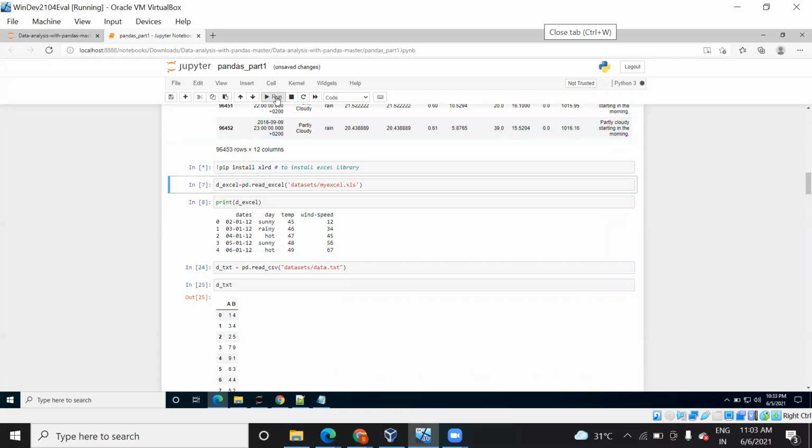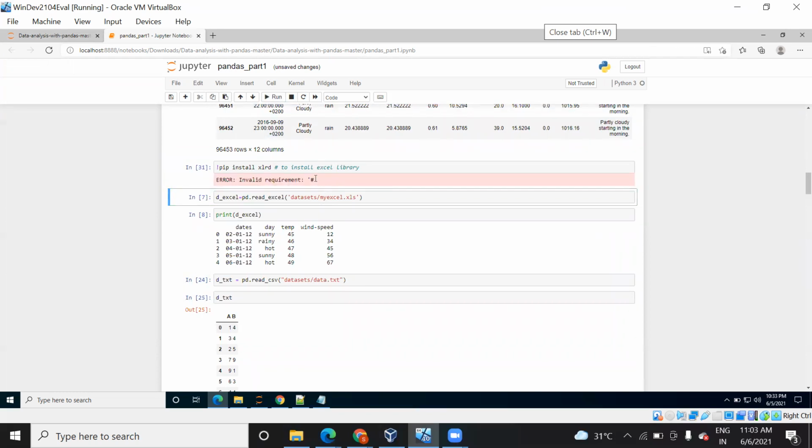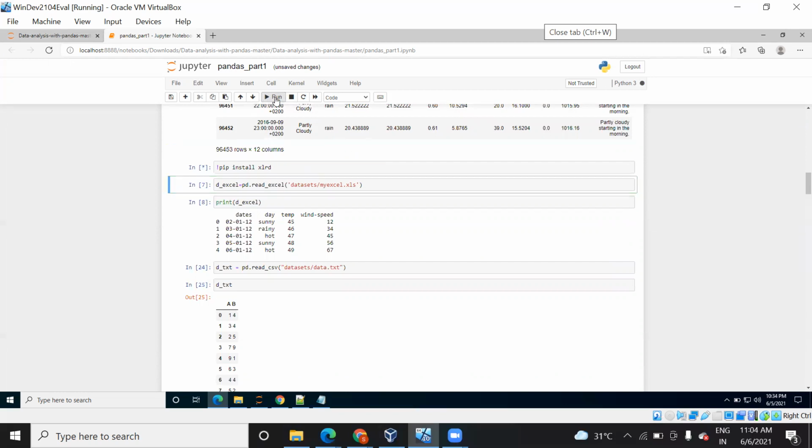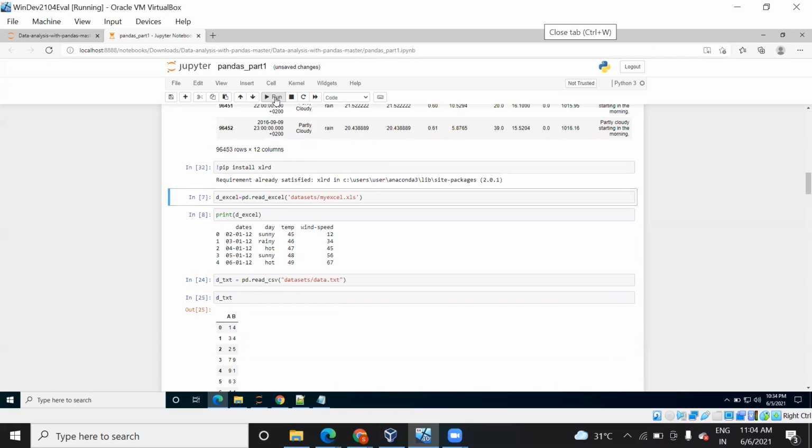Let's run this. It will take a moment. Oh, sorry. Let me run this again. Yes, see, the requirement is already satisfied, and this was the path where this package was installed.